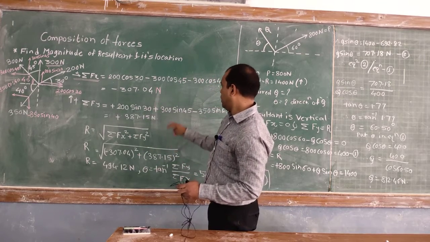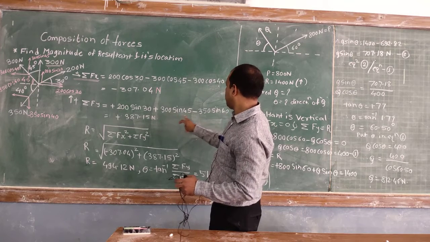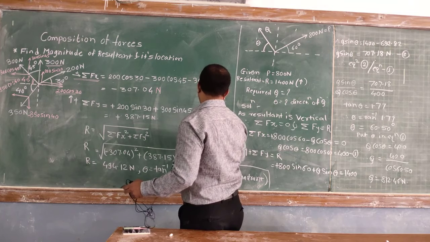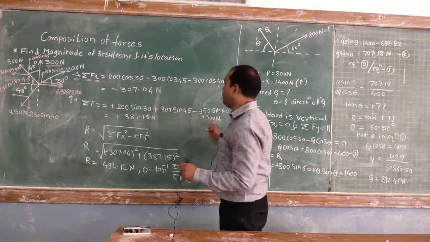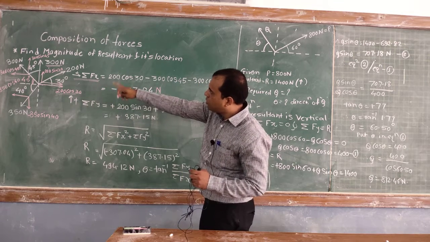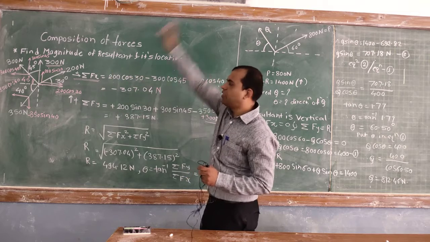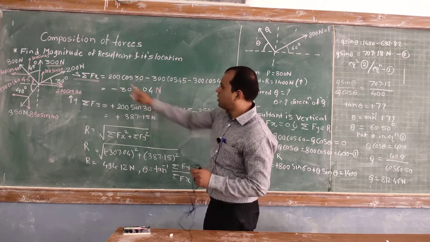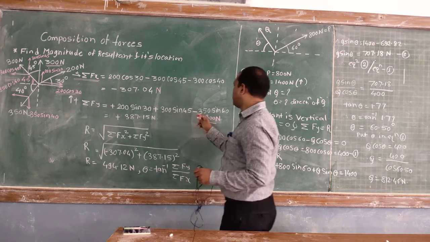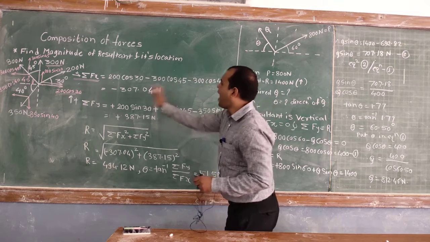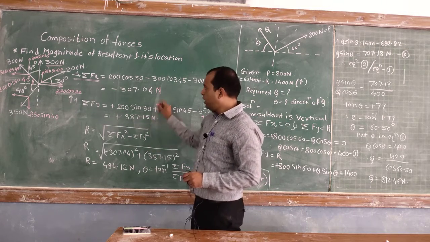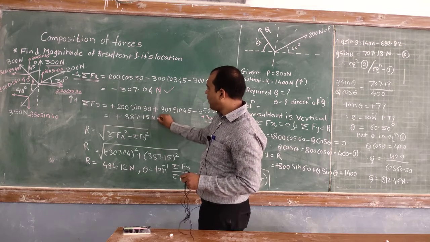So this force, I have left that, yes, plus 300 Newton. I forgot to write it down. So plus 300 Newton. This is the second force. Then what is the third force? 300 sin 45. It is truly vertical, so this is again plus, and the fourth force is minus 350 sin 40. Why minus? Because it is in vertically downward direction. If we add this algebraically, you will get the answer 387.15.